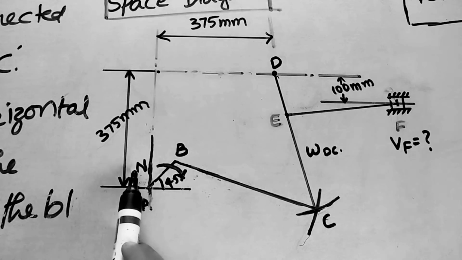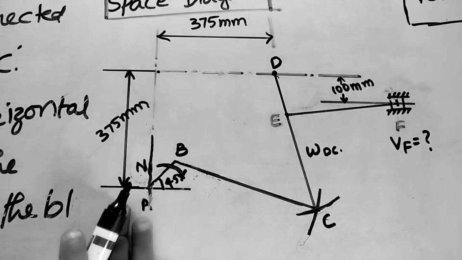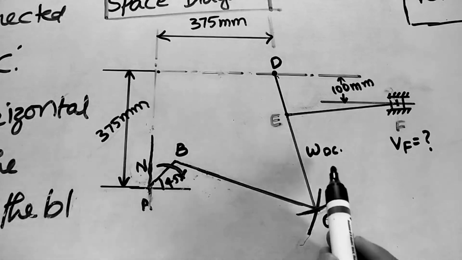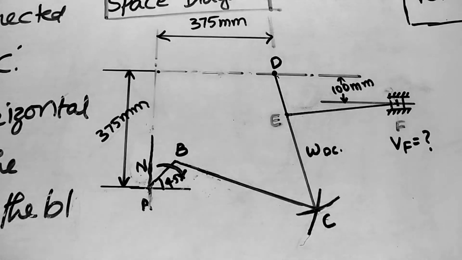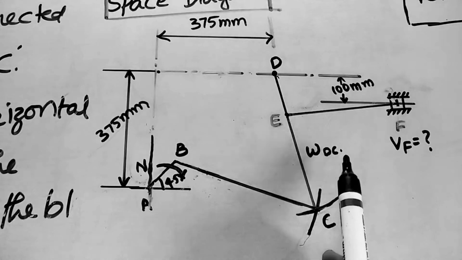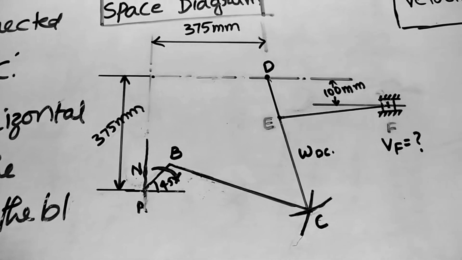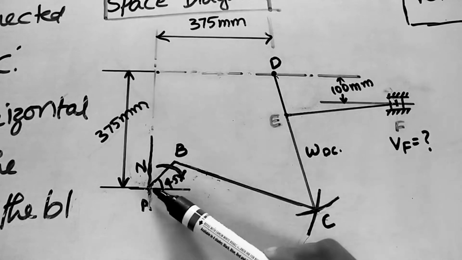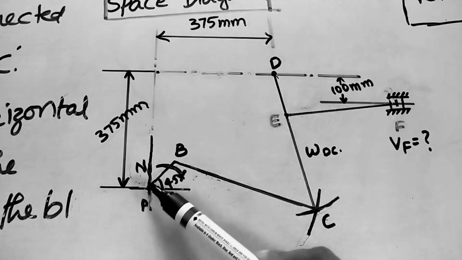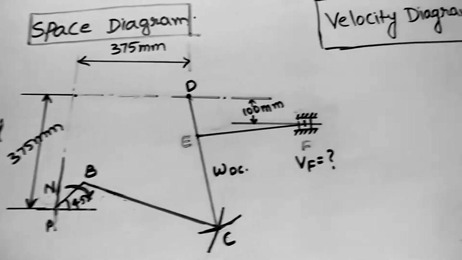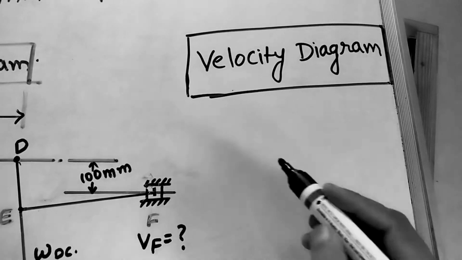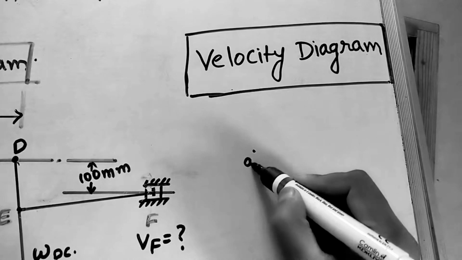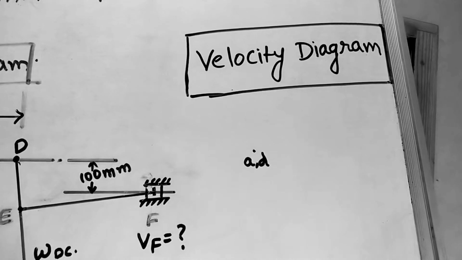N value is given here, 120 rpm. By using the given velocity we have to find these two velocities using the velocity diagram. In the velocity diagram we can find the linear velocities, and from them we can find the angular velocity. In the velocity diagram, always remember that whatever fixed points are there have zero velocity. Here the fixed points are A and D. So I am marking both points in the velocity diagram at the common point, A comma D.